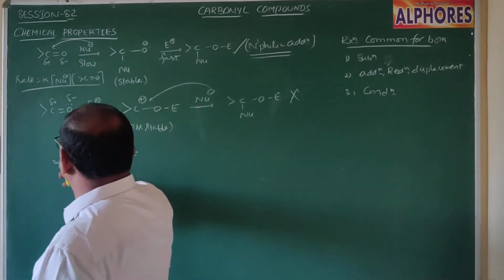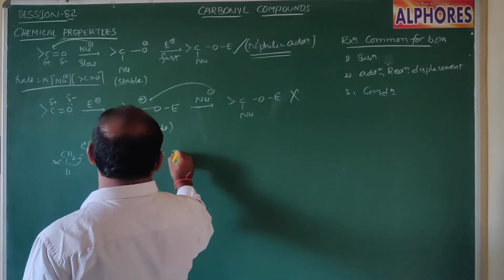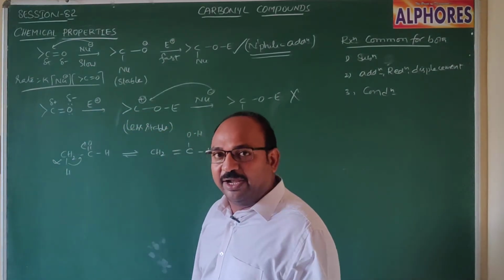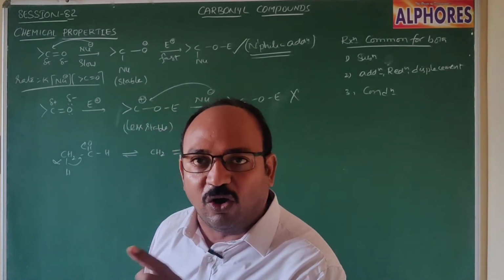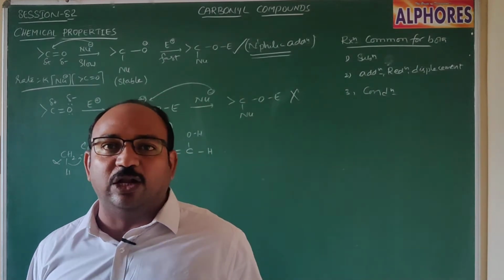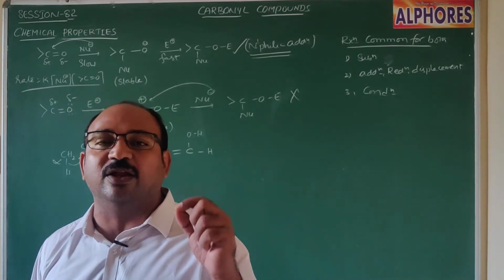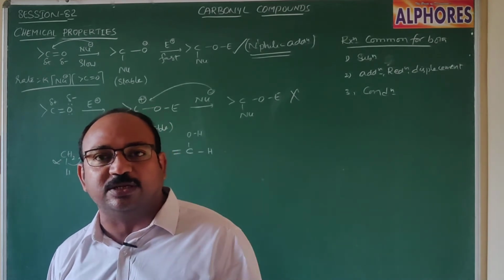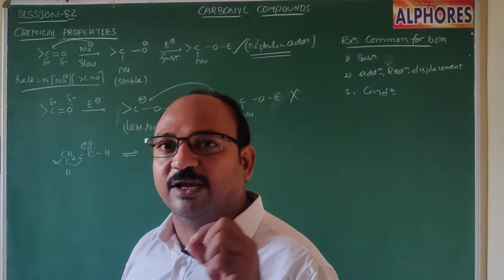Here, one of the C-H bonds takes part in enolization. That is, we get C-OH and C=C. One of the hydrogens migrates from oxygen to carbon, or vice versa; one of the hydrogens oscillates between carbon and oxygen. That hydrogen is called labile hydrogen. Because of the presence of labile hydrogen, this shows acidic nature. That means in carbonyl compounds, alpha carbon containing hydrogens are acidic hydrogens.